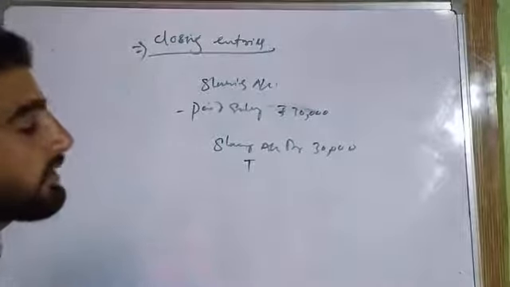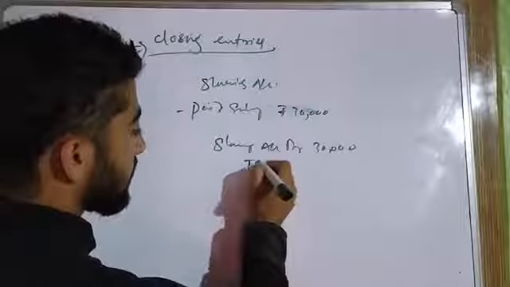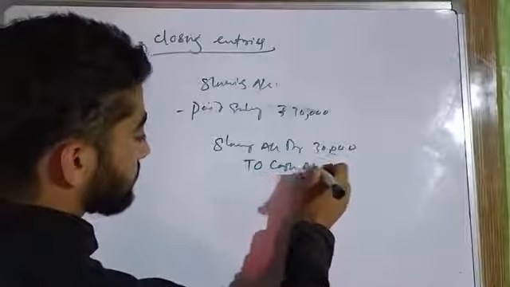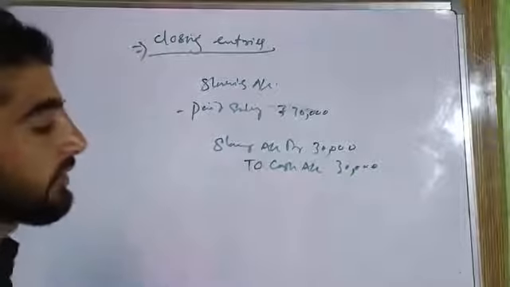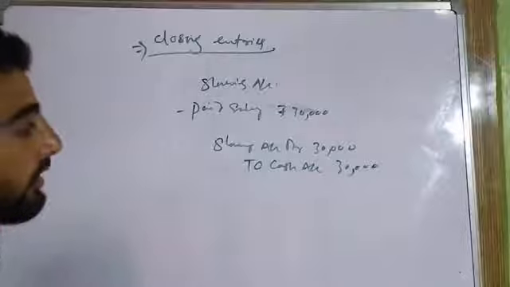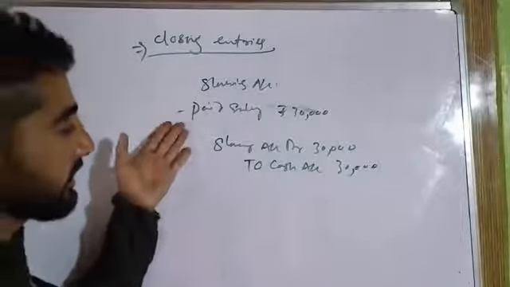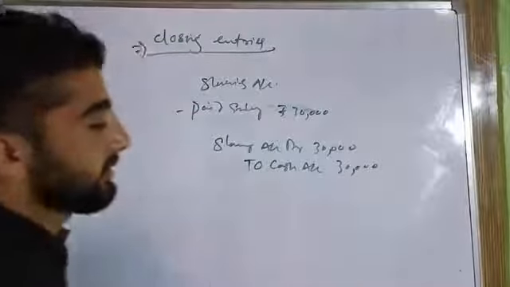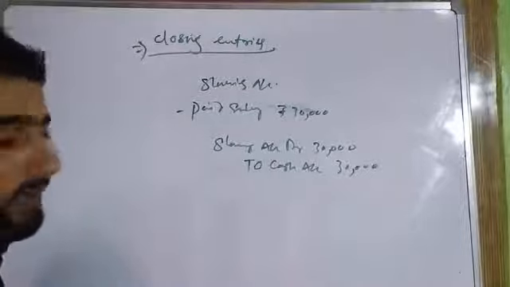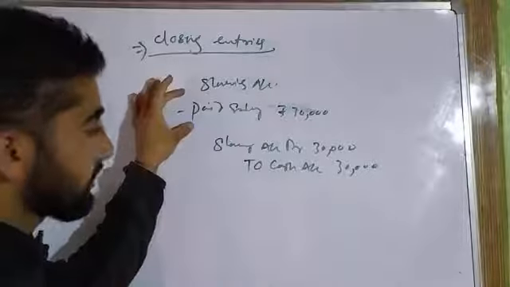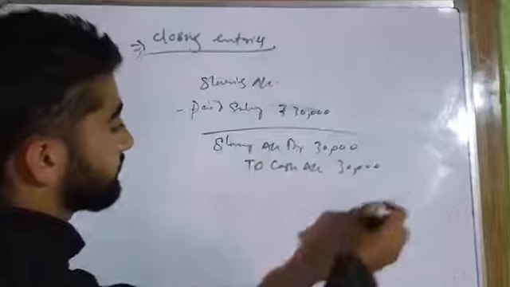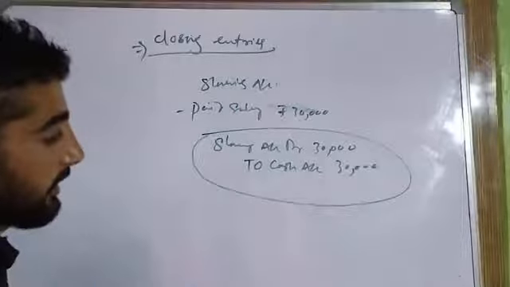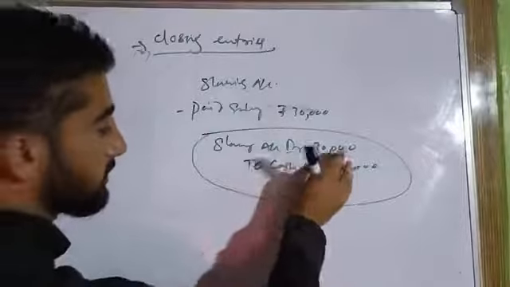for to pay the salary. What we paid? We paid cash, to cash account 30,000. Credit what goes out? Cash account is a real account. For example, this is a transaction: paid salary rupees 30,000. When we paid salary rupees 30,000, we recorded this transaction in the journal just like this. Salary account debit rupees 30,000.